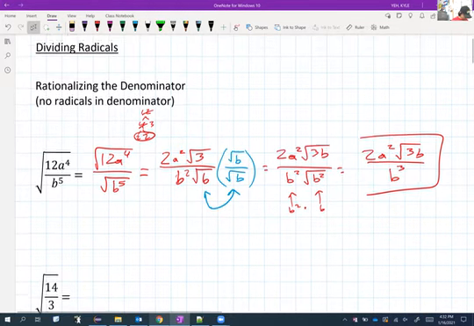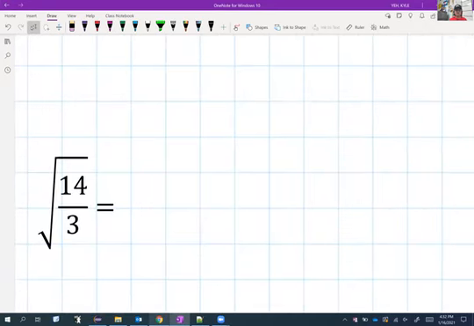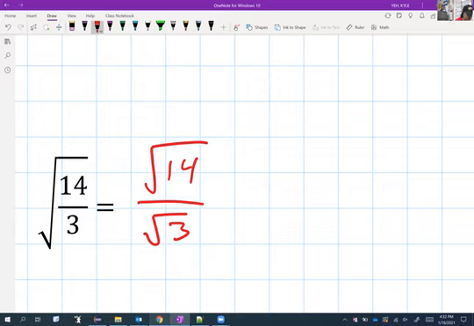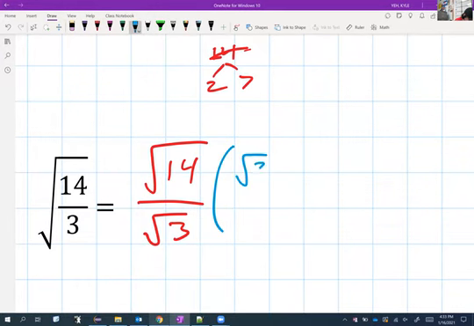Let's do another one. This one is just numerical. Root 14 thirds. Well, I'm going to have to say that's root 14 over root 3. 14, if we try to simplify it, is 2 times 7, and those are both prime, and there are no groups of 2, so that's as far as I can go. I can't simplify root 14 down at all, nor can I simplify root 3. But since I don't want a radical down there,